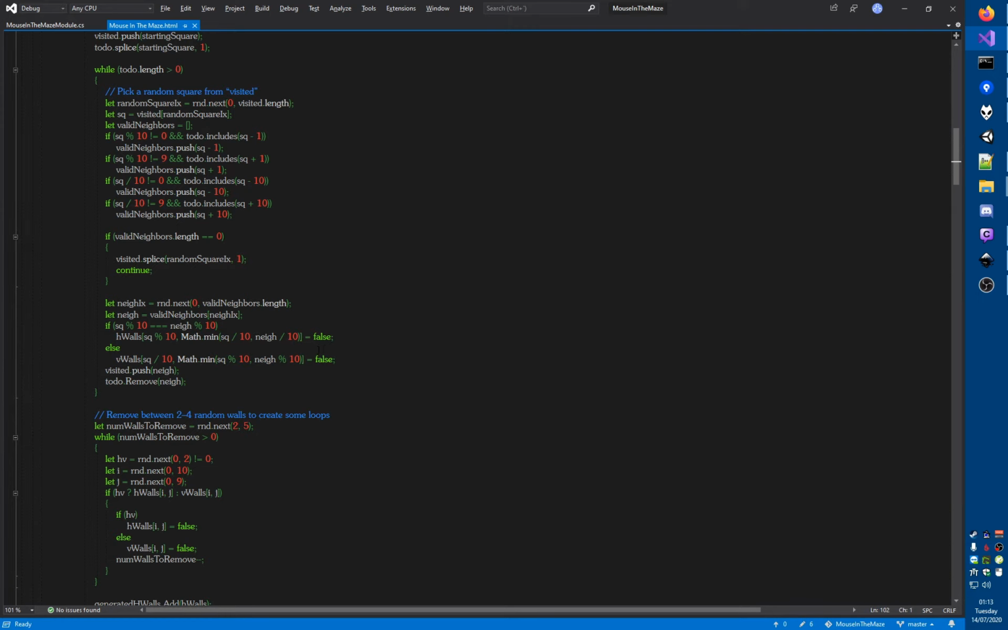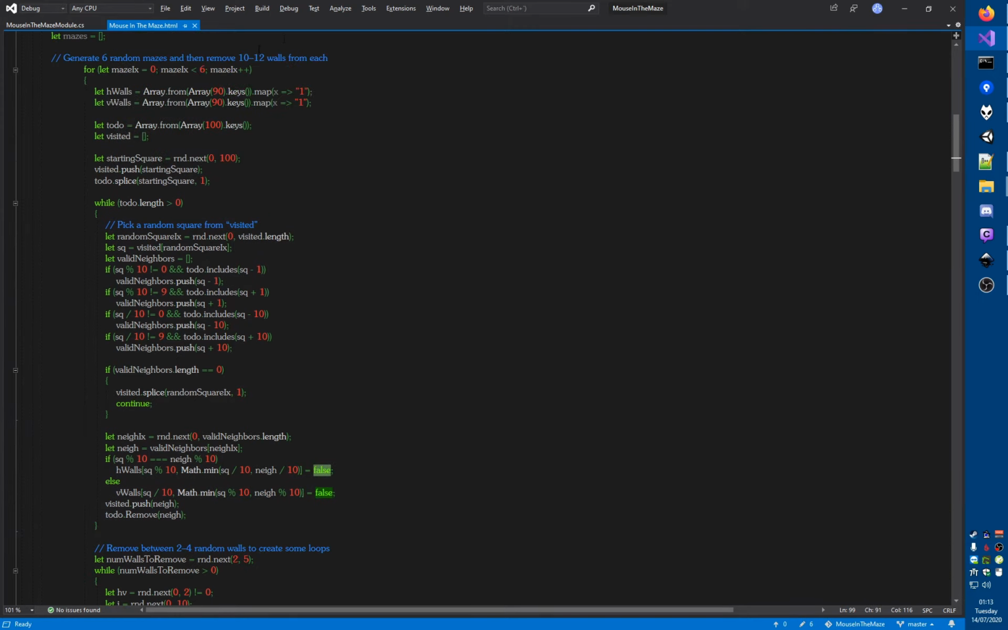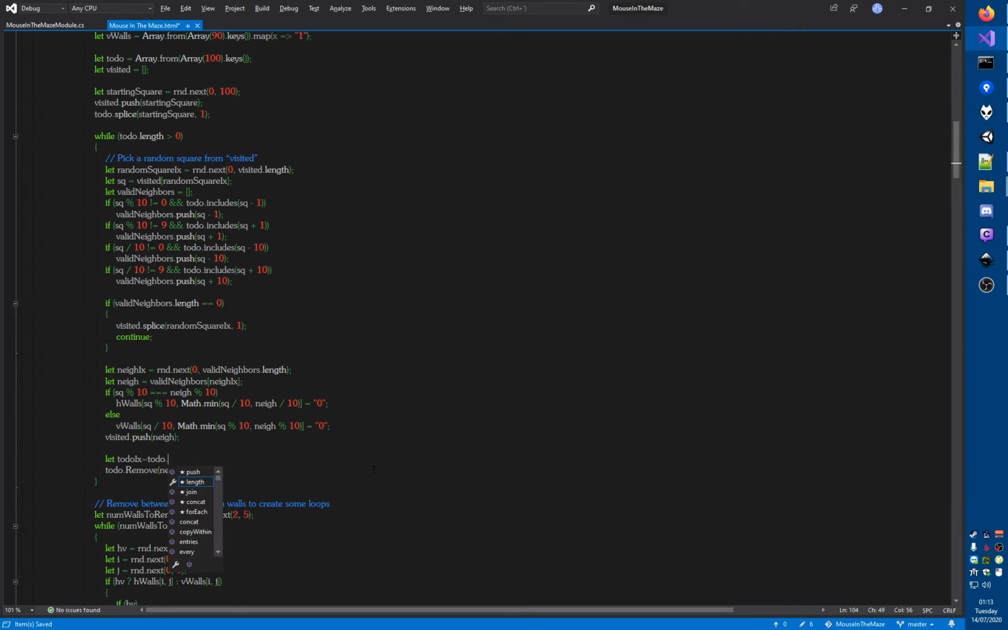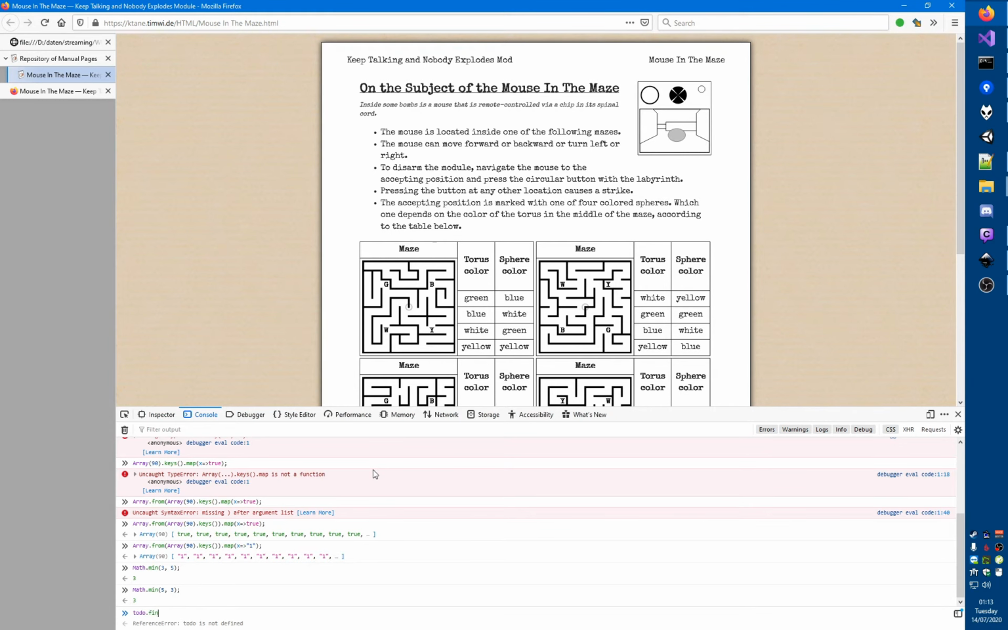Okay. Now in this case, obviously, we're not using booleans. We're using the zeros and ones string. So I'm just going to turn that into a 0. Remove. So this is where we need to find where in the to-do that neighbor is. Right, so let's see, to-do.findIndex, not to-do, sorry, I meant something like this, right? Find index. Let's see, that gives me